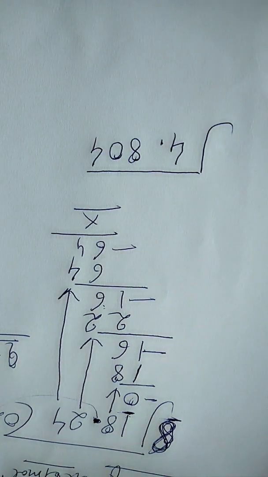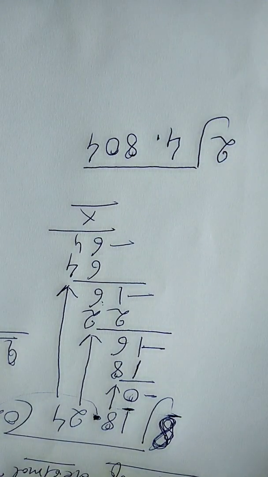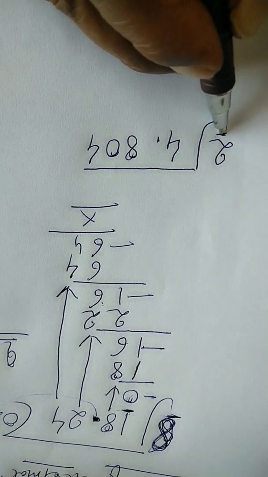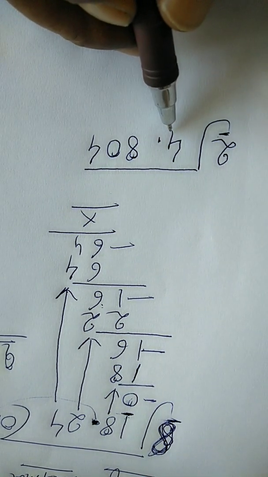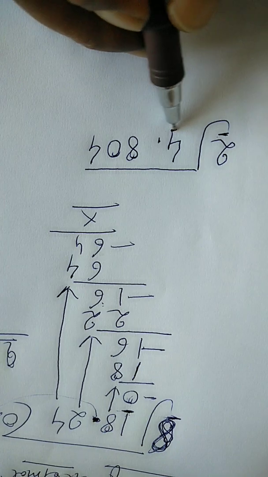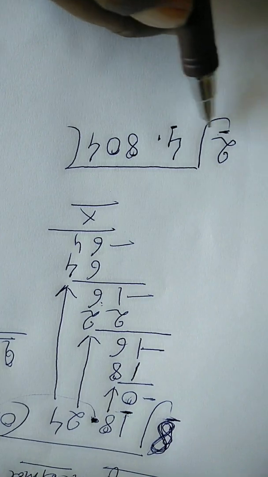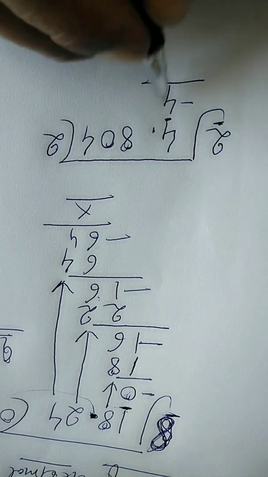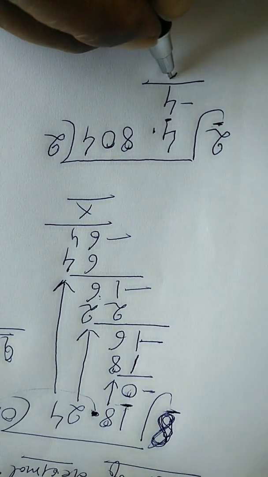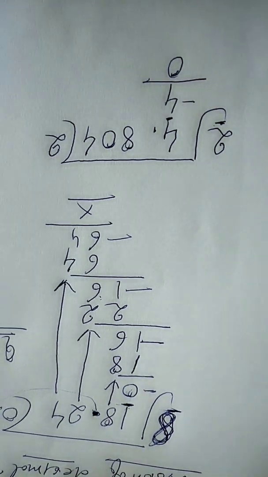4.804. Now divide it by 2. Right, it is quite easy to divide. Now the first step is, how many digits in the divisor? One digit. You will take one digit from the dividend. Here 4 is there. Now recite the table of 2. 2 2s are 4. Now subtract it, you will get 0. You can write 0 or you can put a cross mark here.